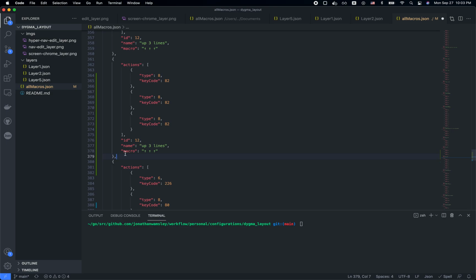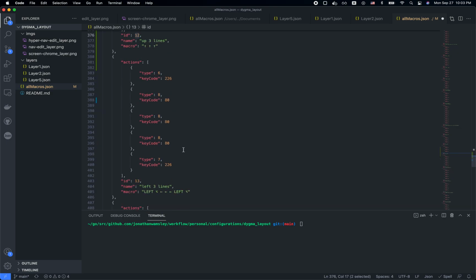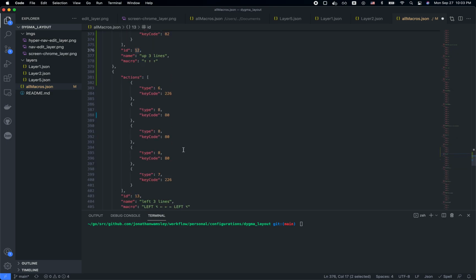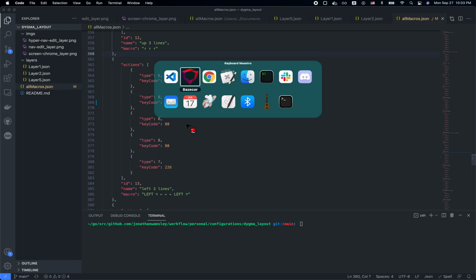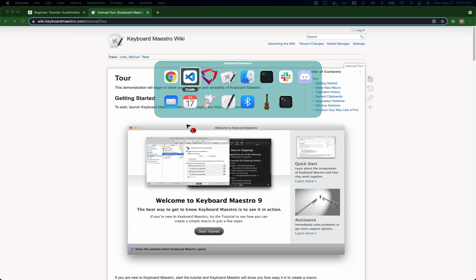So you can just keep adding in this new action area, everything that's contained in these brackets. And it should work. You might have to edit the IDs, but yeah, you might be able to just import it as well. I don't really have much experience with that, but